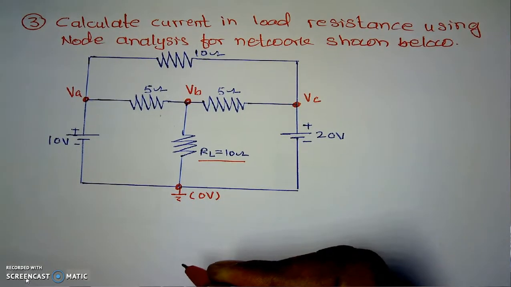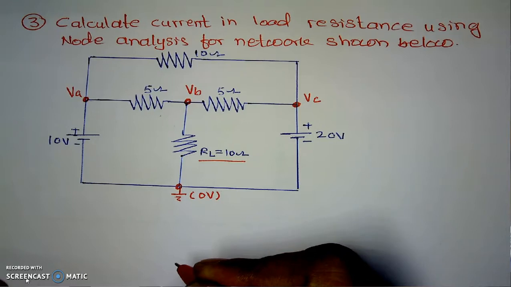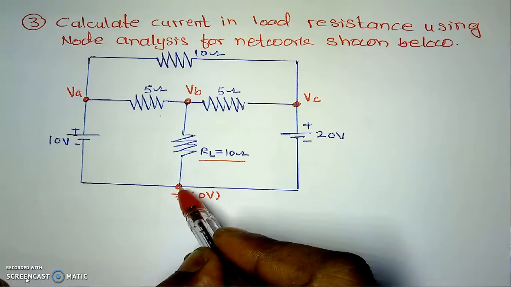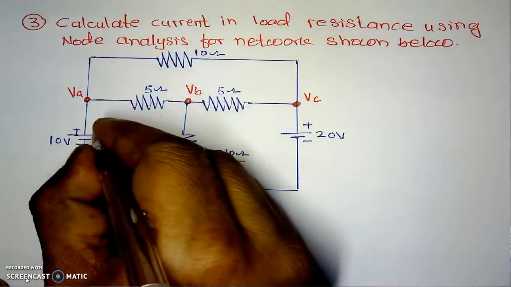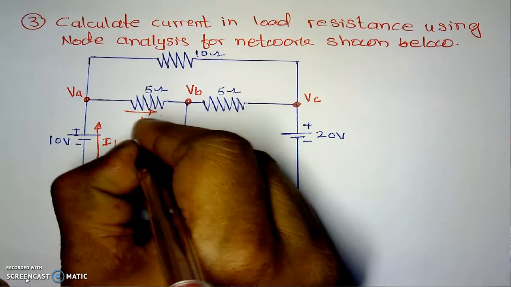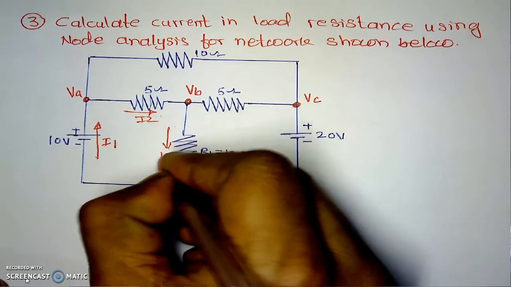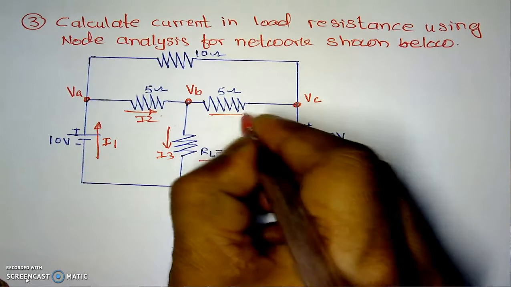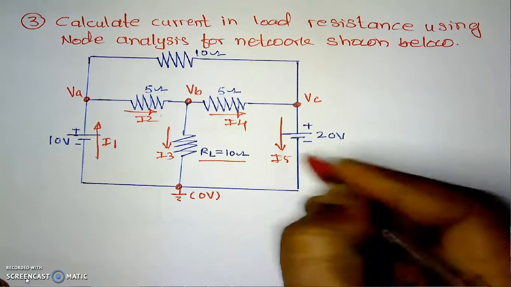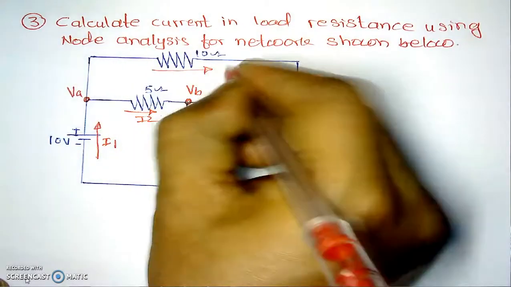Now, as per the basic rule of Kirchhoff's nodal analysis method, we have to assume a separate current for each separate branch. Again I will clarify the definition of a branch. A branch is nothing but the path between any two nodes. Here, this is one node, this is the second node, and the path between them is known as a branch. This is the branch whose current is I1. Here is the second branch whose current is I2. This is the third branch, its current is I3. Here is a new branch whose current is I4. Here is a branch whose current is I5, and finally this is the last branch in which the current is